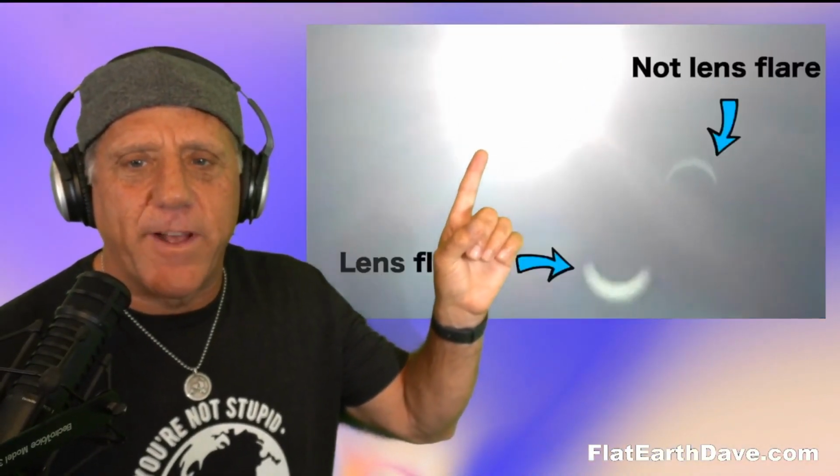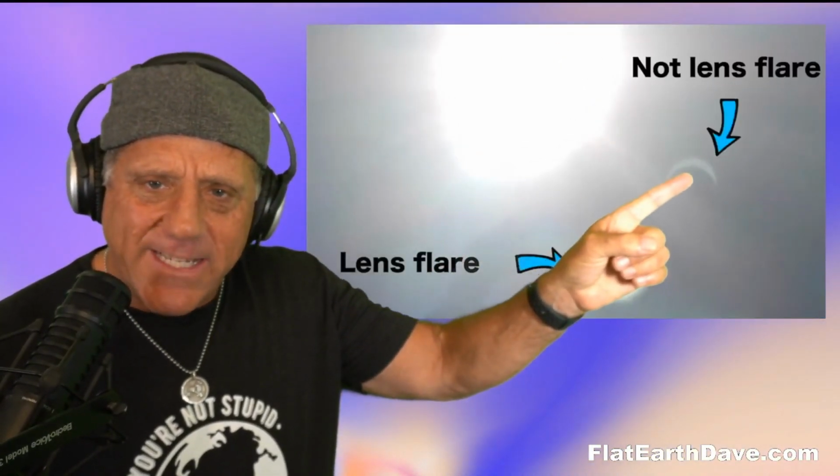All right. This is a real eclipse filmed, and we see this lens flare, which is moving all over the place, but this one is locked into position. It's not a lens flare. What is that? That's interesting. And for anybody listening, you have a video of the sun, and then you have the lens flare that's moving around, bouncing around, and then you have a reverse lens. It looks like a crescent.